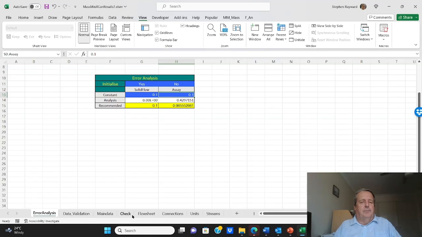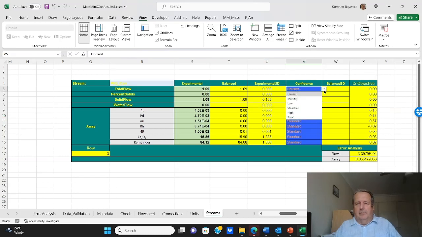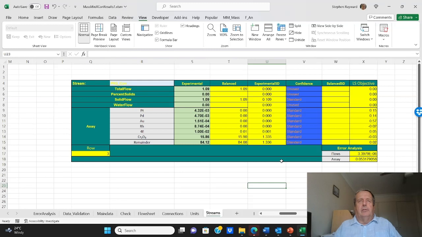All of these calculations for standard deviations are automated. And the most important thing is the fact that we've specified a level of confidence in each measurement, for which there's the various options, which I think I've discussed before. And it's either here we would really use either standard or unused, or indeed if it's not measured but we want to estimate it, we would use missing. So that's the error analysis, and I'll move on to actually doing